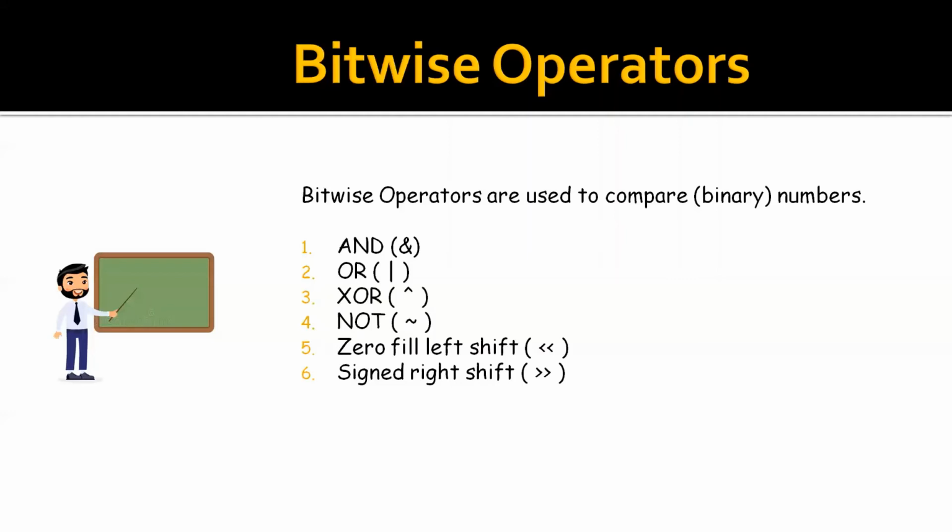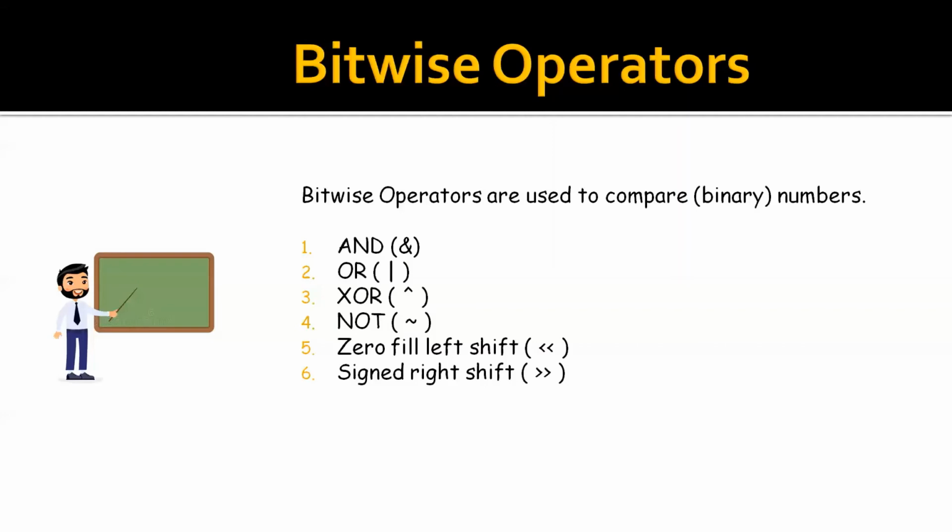Here we are left with the NOT operator. It is also known as the ones complement. It is unary and has the effect of flipping the bits. This is all about the bitwise operators. So guys, don't get confused about these operators. We will tell you in detail in the implementation part, and over there you will get a brief description of the bitwise operators. So don't be worried.